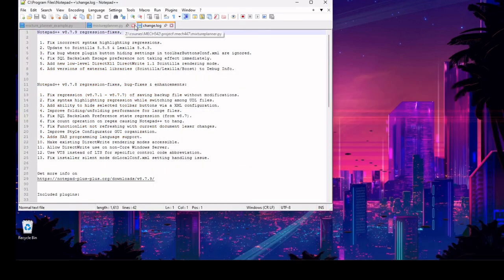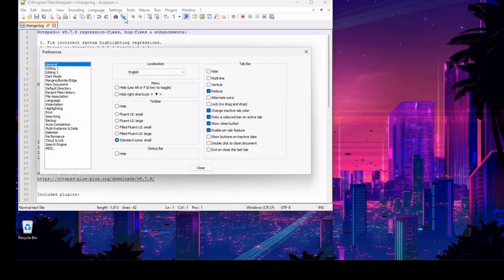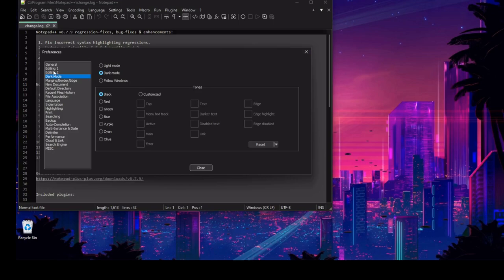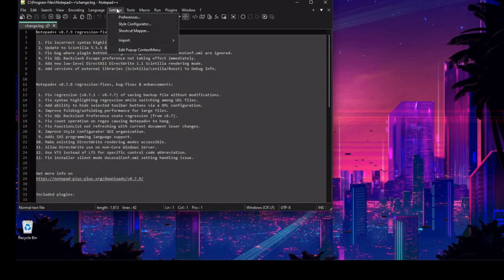Now, one thing that I do like to do is change the color scheme because the default color scheme is awful. So if we go to settings, I think it's settings preferences, we're going to look at dark mode. We're going to turn it on to dark mode. And then there's another setting around somewhere. Settings,